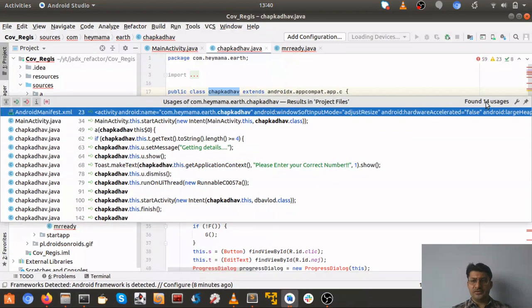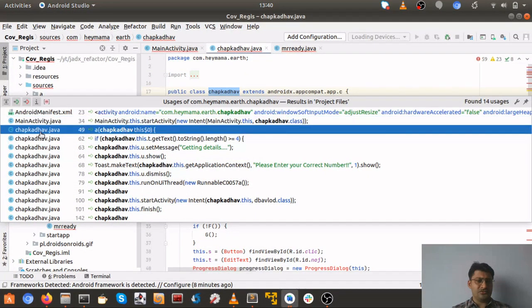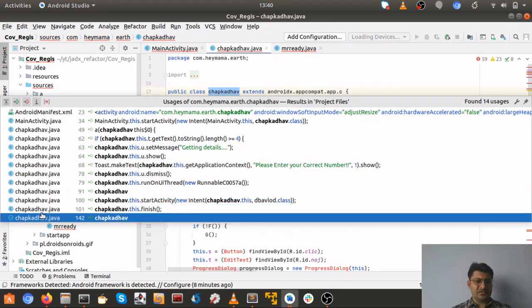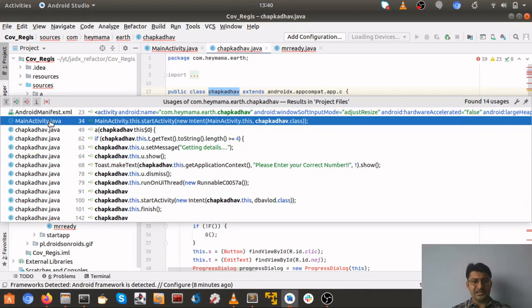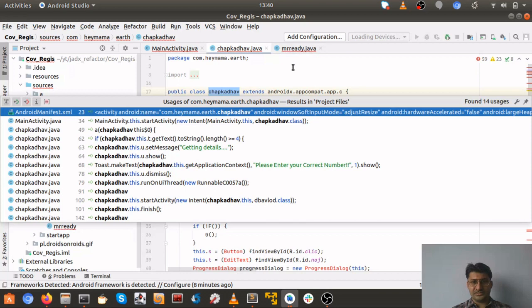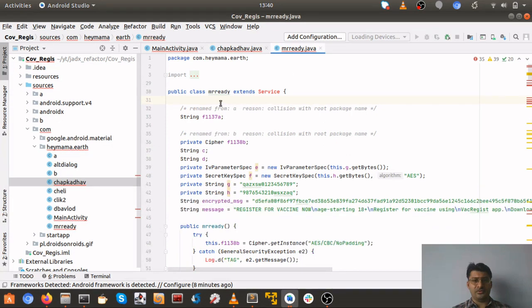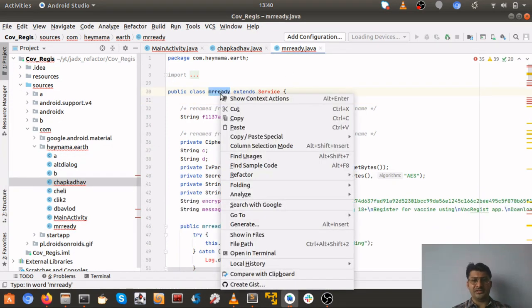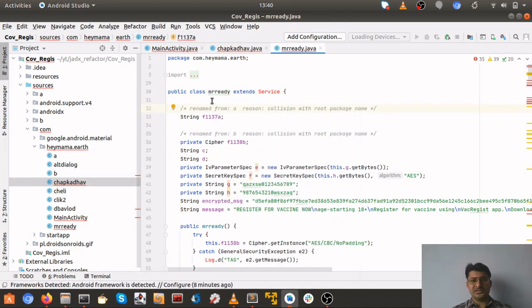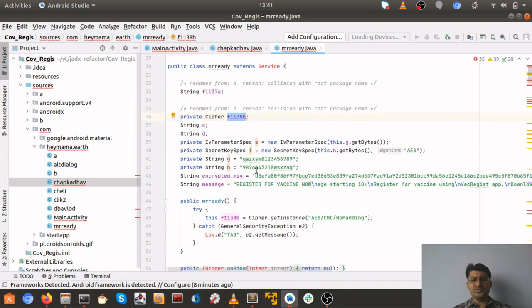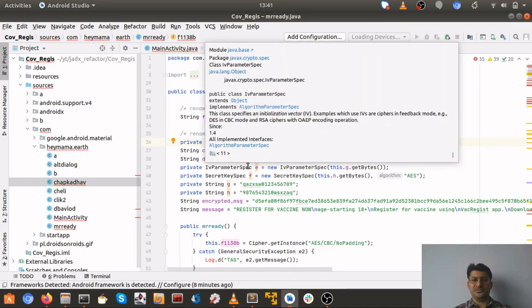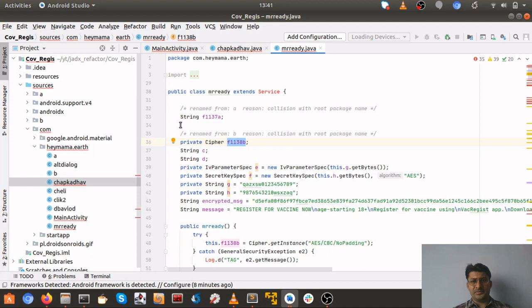If you see here, we found 14 usages, and if you look at the sources or initiation files, we have this. But if you see the first line, second line, it says in main activity this is being called. So this is the initiation, you can say the action for this particular class. But for this other class, which is basically a service, we don't have anything like that. So this is a really good trick you can use to find usages and rename or refactor. It comes in handy many a time. It's also using some kind of AES, but that's not part of this video. We'll see analytical videos sometime else.